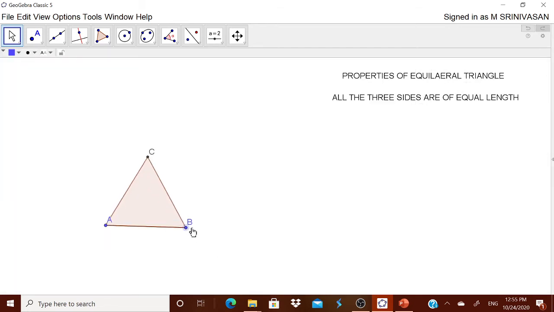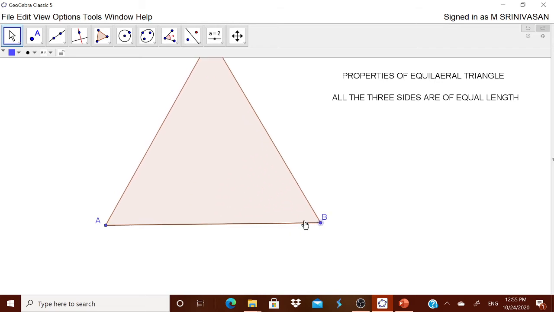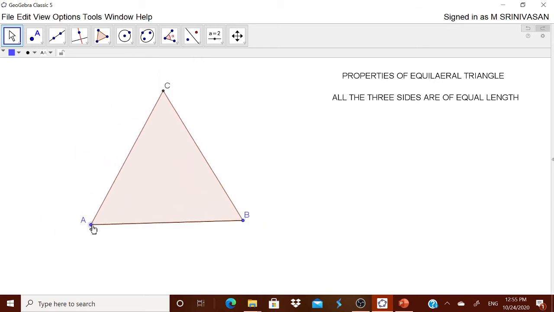This is one advantage. Now you see you can make it big or you can drag it. Now remember friends, you are seeing over here capital A, capital B and capital C. Are you noticing any change in the color? A is in blue, B is also in blue, but C is in black, which tells that I can move B, I can move A, but I cannot move this C. Remember, GeoGebra fixes what point I want to allow you to move, but I am having my own way, so I will not allow you to move the others.